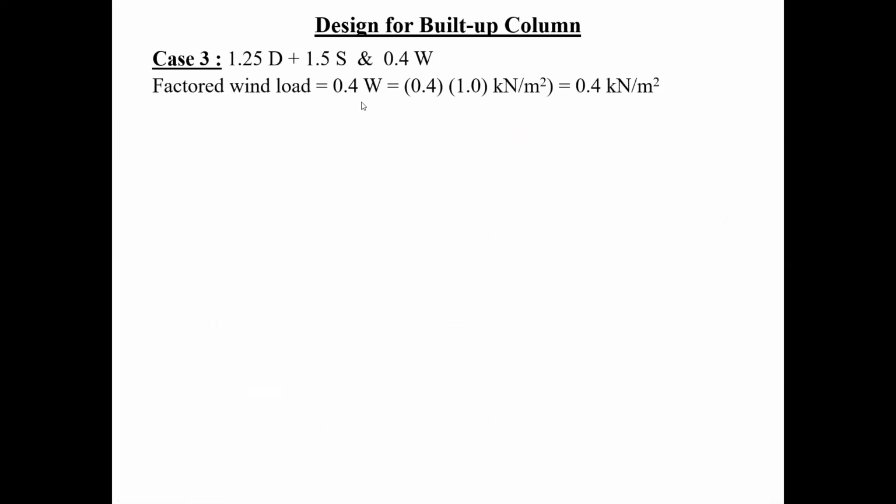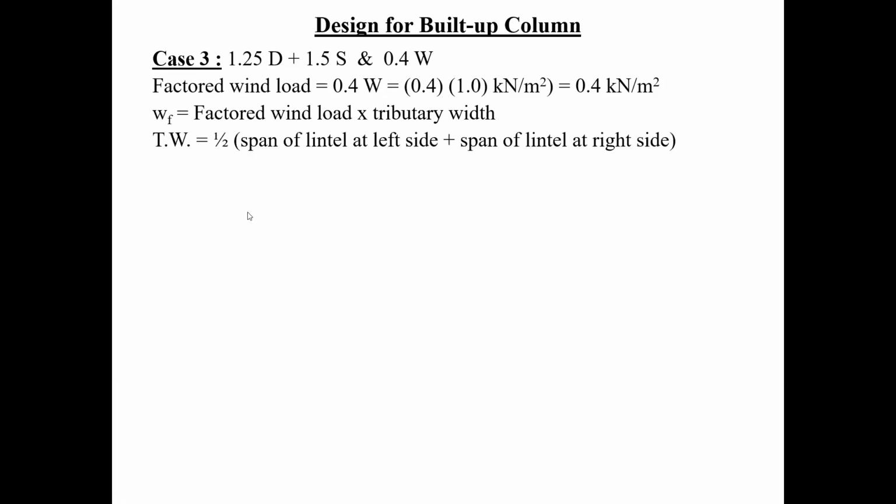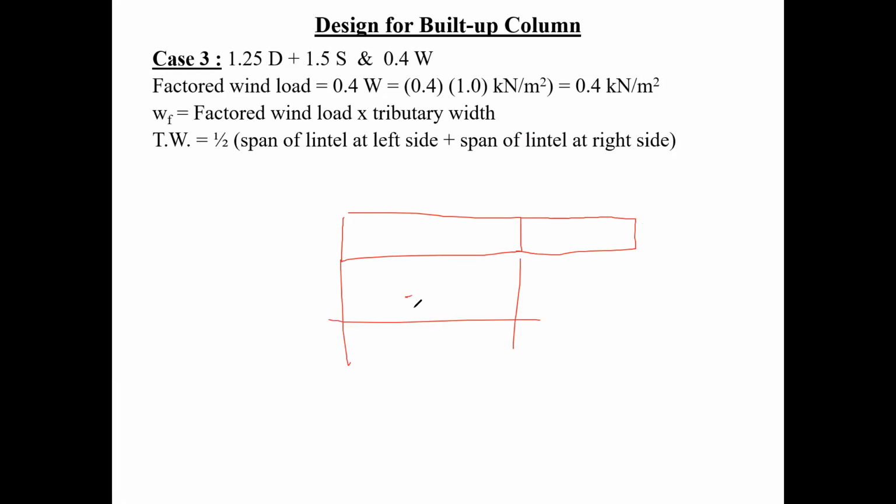So my wind load for load case number 3 is, of course, the load factor here, since this is the companion load, 0.4, and the WF, okay? And now, what is the wind acting on the column? If you remember, I'll draw an elevation. Here's my lintel, and here was the other lintel. Let me redo it approximately in proportion. If you remember, this opening here was 2.4 meters, and this opening here was 1.8 meters. If this is my column here,